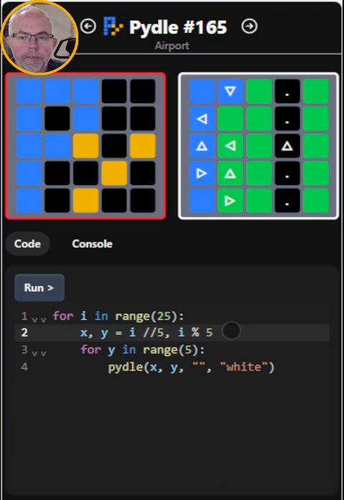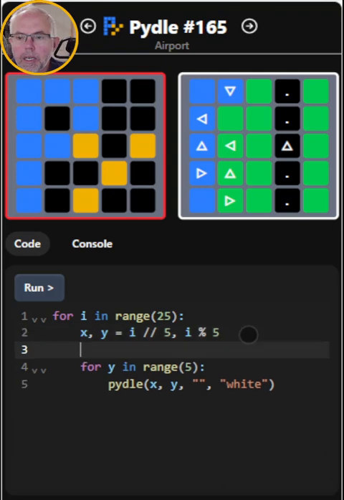You're always free to do your Pydles that way. Okay, so I'm going to first just do everything except the runway. So I need to exclude x equals 3. So I say if x not equal to 3,